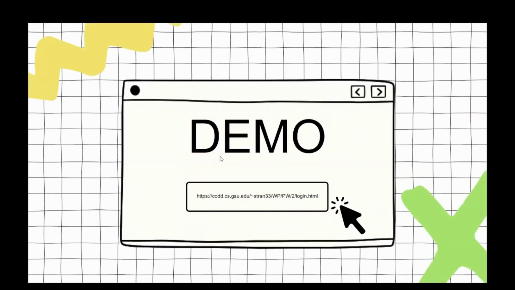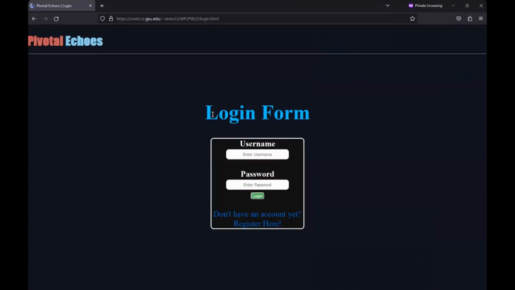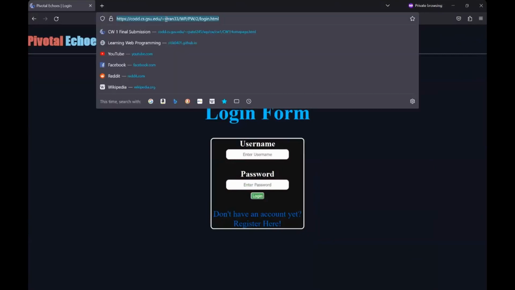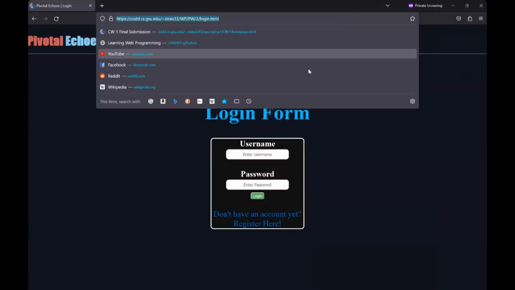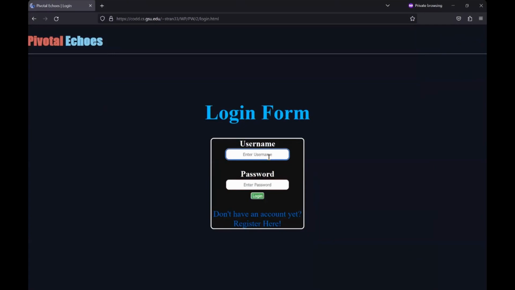Okay. So for the demo of this project, here's a demo. And as you can see, this is our login page. That's our home page for this project. So you can add in your username and password over here to log in. And from here, you can just add in your username,